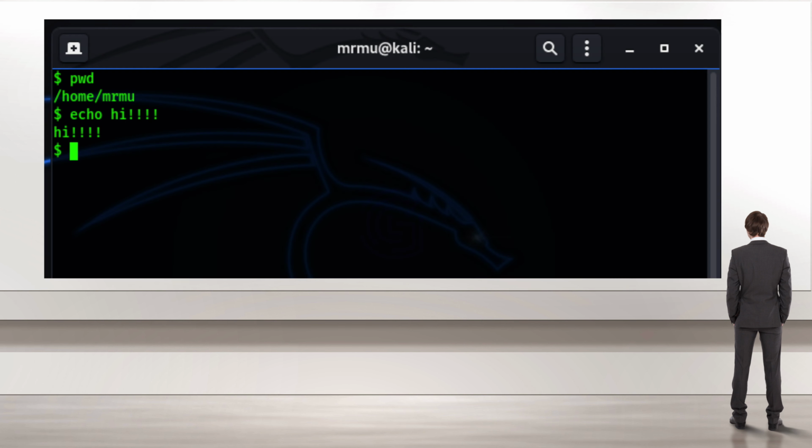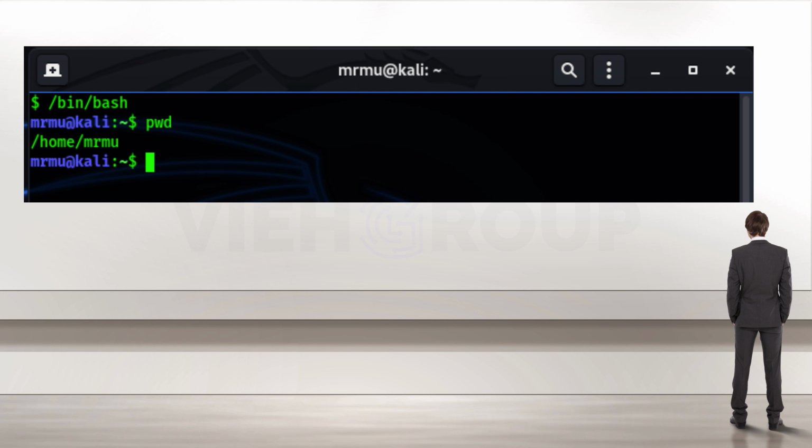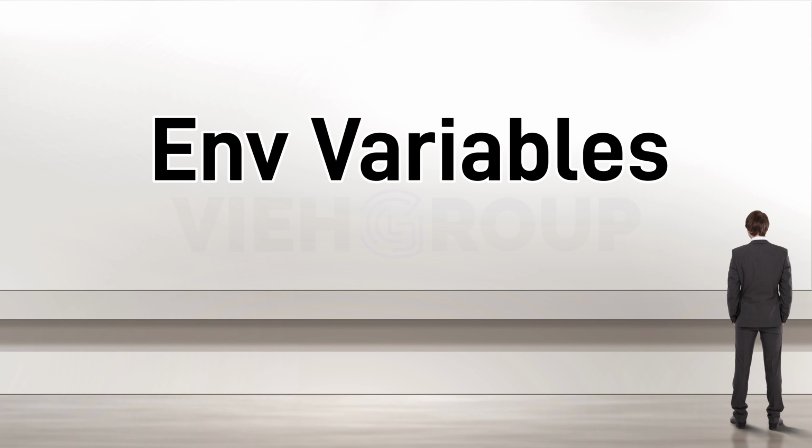First, shell. A shell is a computer program that exposes the operating system services to a human user or other program. It is a link between the user and the operating system. sh is a programming language described by the POSIX standard, which is a command language. Another thing is bash. Bash is a Unix shell and command language. The difference between bash and sh is that bash has more features than sh, and bash is also user friendly.